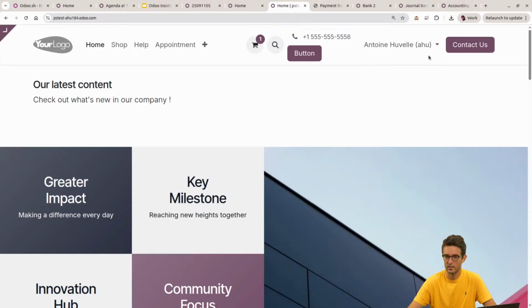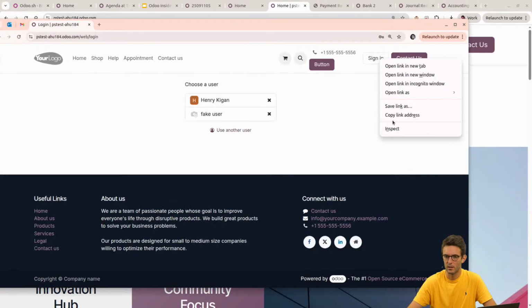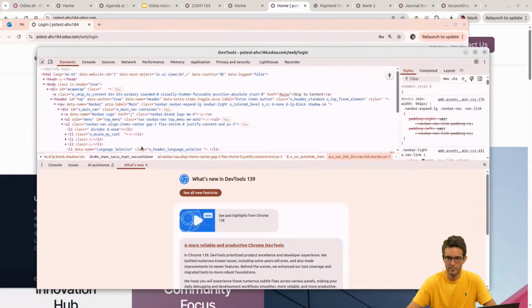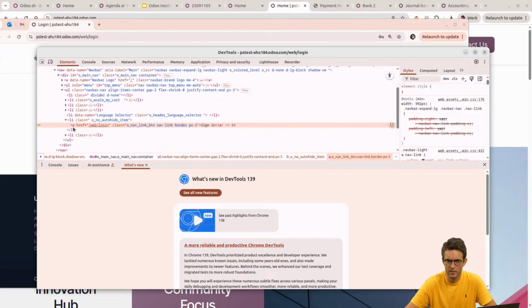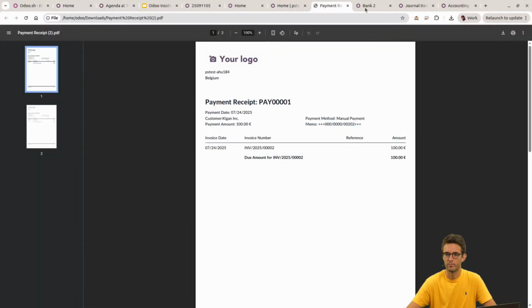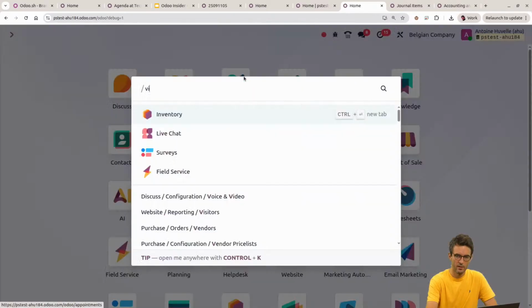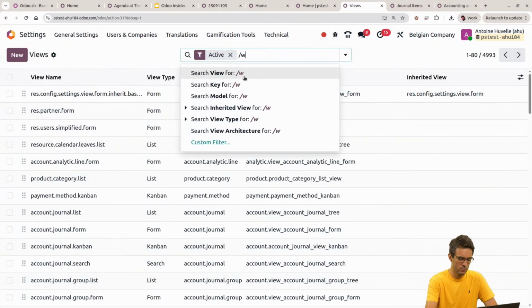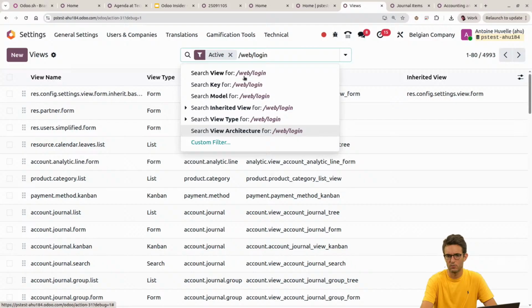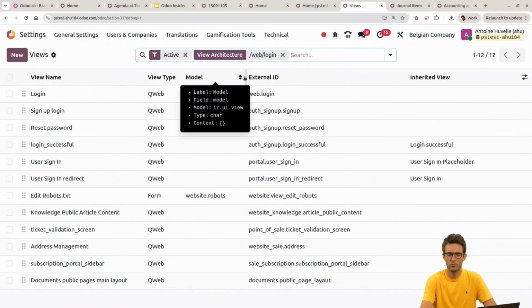So in which case, we can go and see if there's a condition attached to this one. So what is telling me here, the sign in button? Sign in, it's in the navbar, link button here, and it's href web login. Okay, so we are going to find this one, I guess, in my views. Okay, let's go in the views of Odoo, and we can look for web login in the architecture, see if we have a lot of things. Yeah, we have a few views,